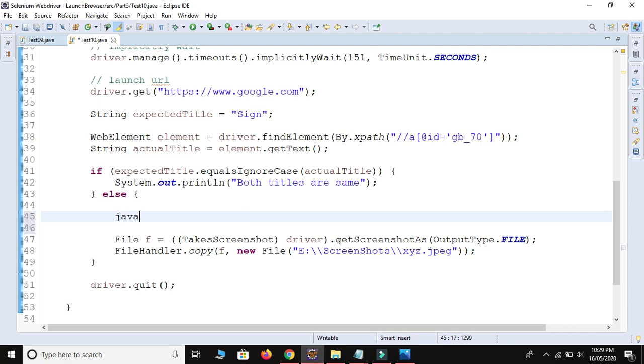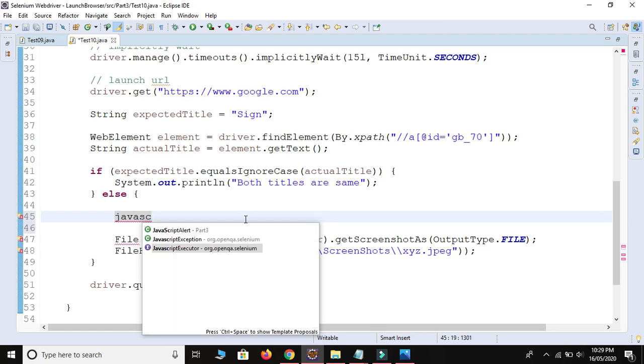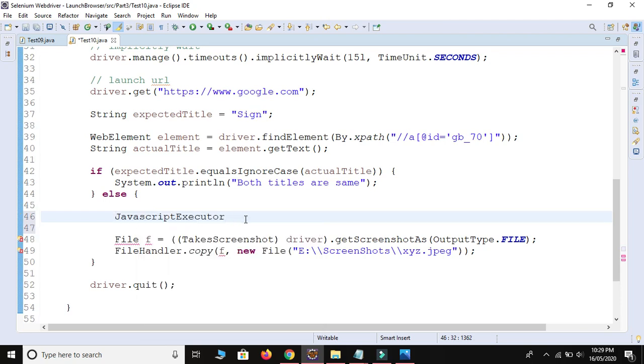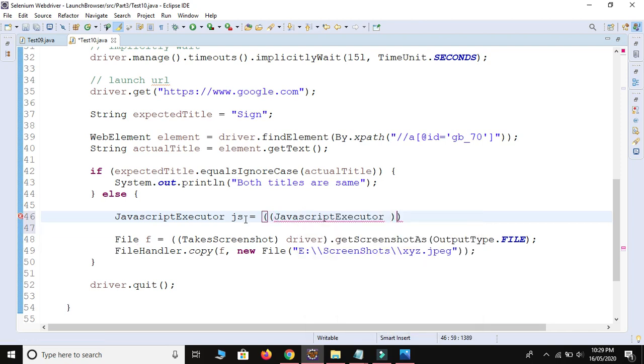So we use JavaScript. JavaScript executor is an interface. I will write JS is equal to, I will write the code how to take the screenshot, JavaScript executor, and then we pass our driver.